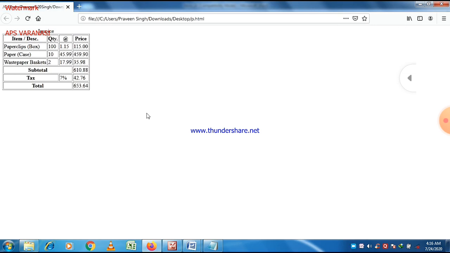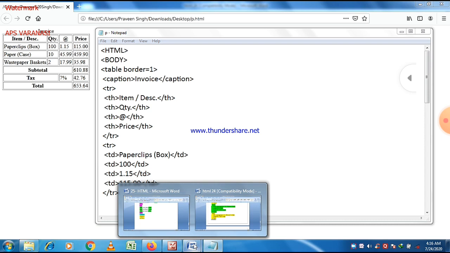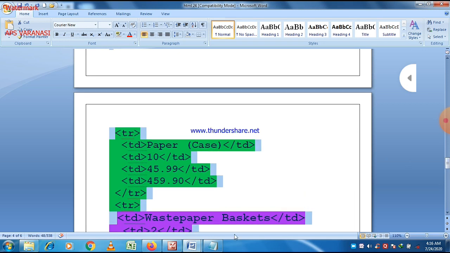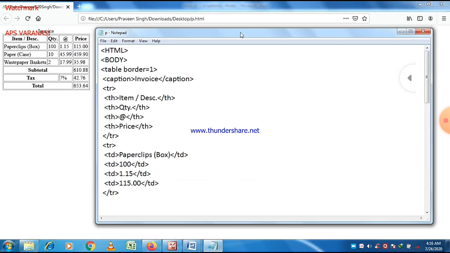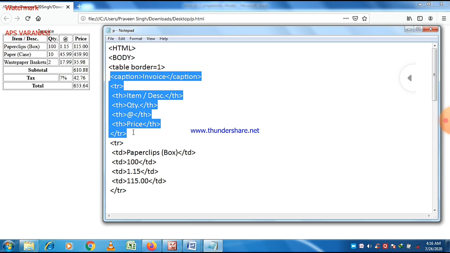So this is a table with a proper caption, a title, because we already took the caption tag here, and in the last three rows you can see that there is a colspan, which gives you a clear cut idea of colspan. Subtotal, tax and total are reflected because we merged different columns here. So this program gives you an idea of different items, their quantity, their price, and their